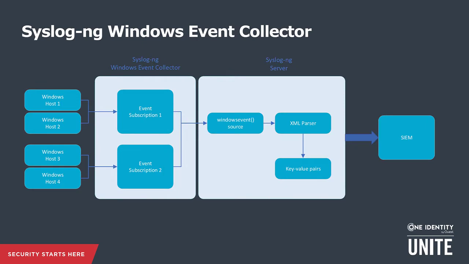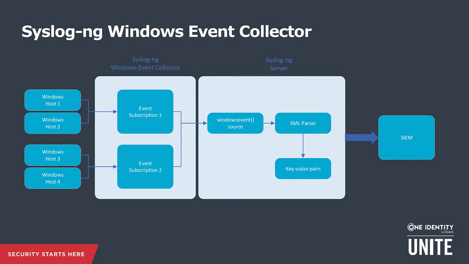And then next up is the Syslog NG Windows Event Collector, or WEC. So this approach, on the other hand, is agentless. So if you can't install anything, there's really no need to install into your Windows environment for it to work. It's based on Windows Event Forwarding, so it's a proven Microsoft technology. It allows you to define source-initiated push subscriptions and have them forwarded over HTTPS using TLS mutually authenticated encryption.